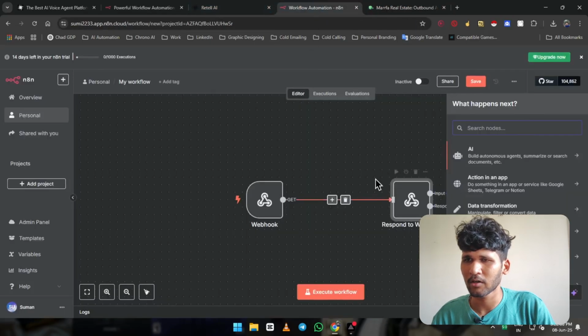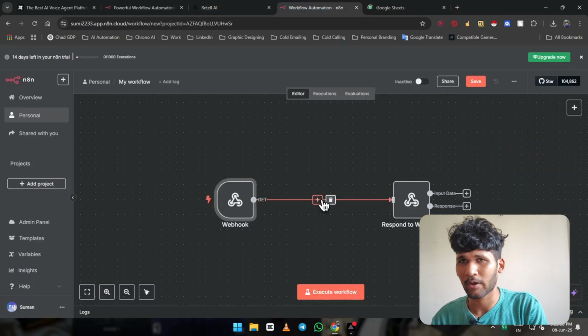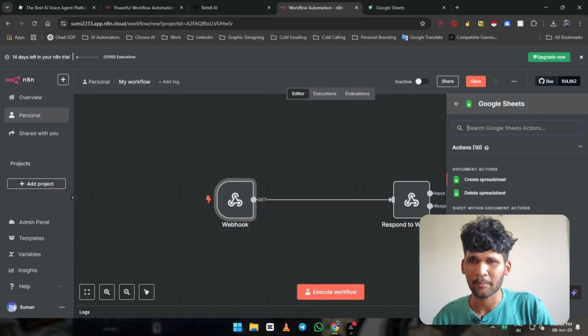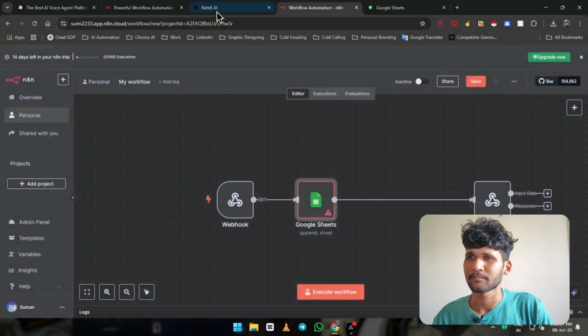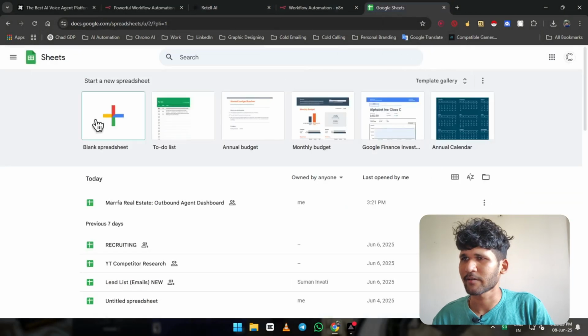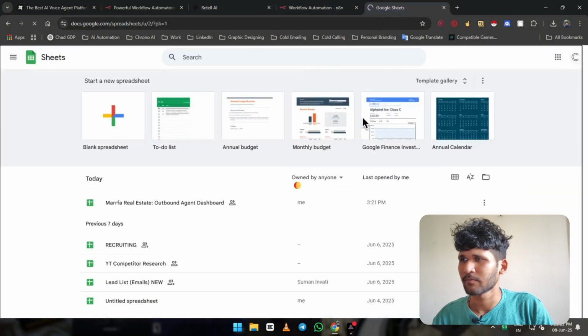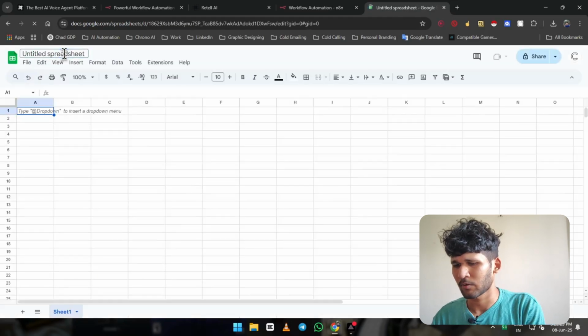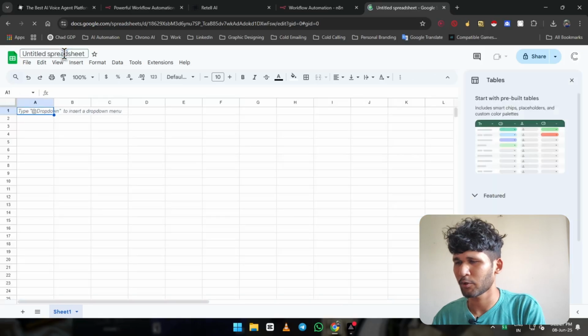So here what we are going to do is add a Google Sheet module and append row. We are going to set it up later. Let's just create a new sheet and let's call it YT tutorial.